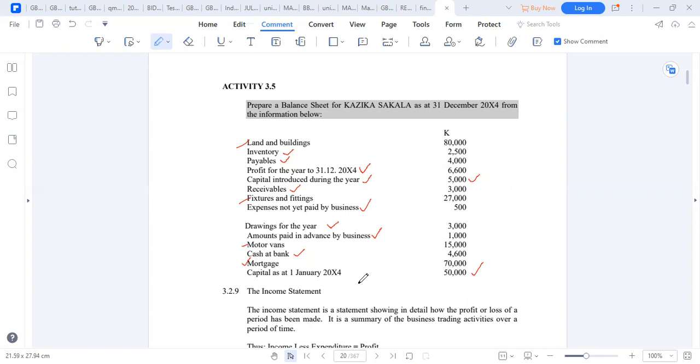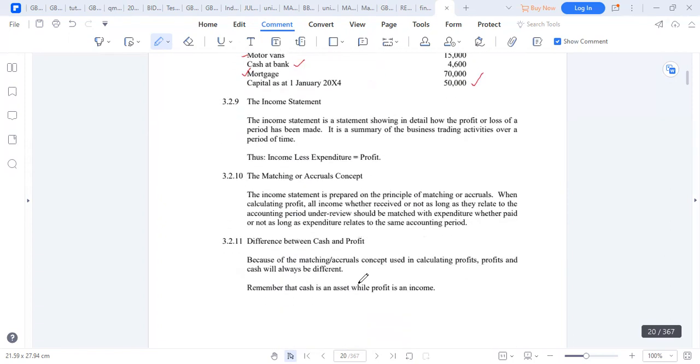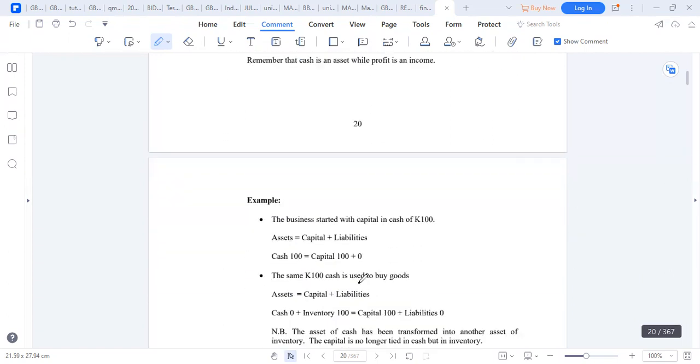Yes, expansion, not goods, but expansion of the business, because you need to differentiate. There's what we call capital expenditure and revenue expenditure. Capital expenditure is when we're expanding the business or some shares have been bought, but revenue expenditure is an expense in the income statement, because when you're repairing fittings and fixtures, that one doesn't go to the balance sheet. It is part of the income. They're running expenses. If you are buying stationery, all those are running expenses. They don't affect the balance sheet. But things that are meant to stay are called capital expenditure. Very good question.